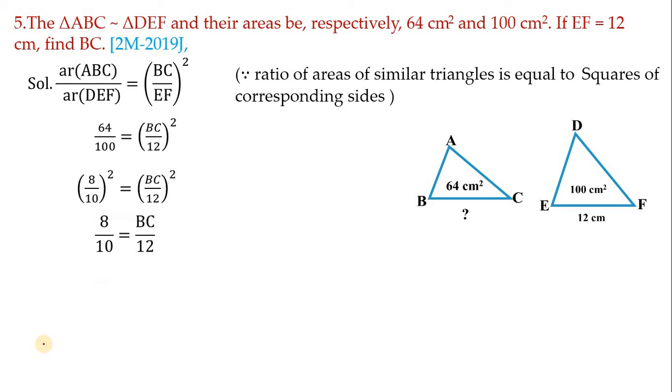Let us do the cross multiplication. So we get that BC equals 8 by 10 into 12. So after cross multiplication, you can transfer the 12. Otherwise, directly transfer this 12 to this side. It will become multiplication by 12. And here let me simplify this. Don't cancel, because here in the denominator 10 is there. Whenever in denominators you have multiples of 10, division can be done very easily. Hence multiply the numerators here first. So 8 into 12 is 96, and the 10 is right as it is.